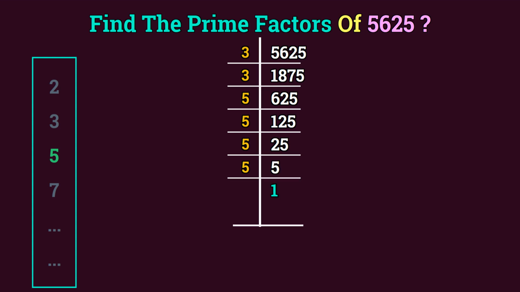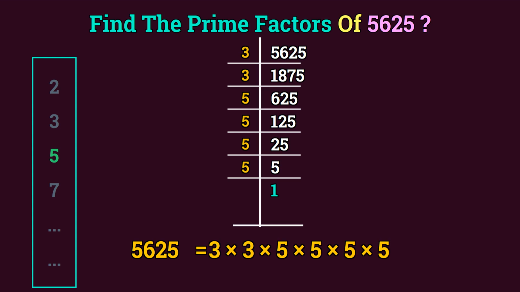And we are done. The prime factors for 5625 are 3 times 3 times 5 times 5 times 5 times 5, which can be written as 3 to the power 2 times 5 to the power 4. And this were the whole prime